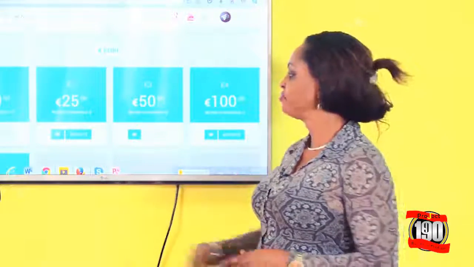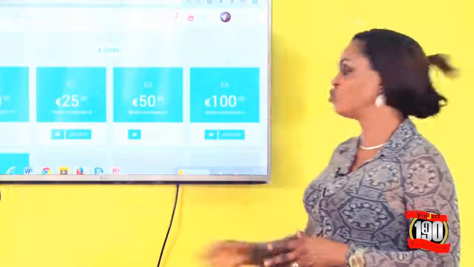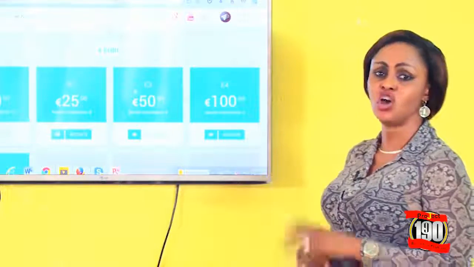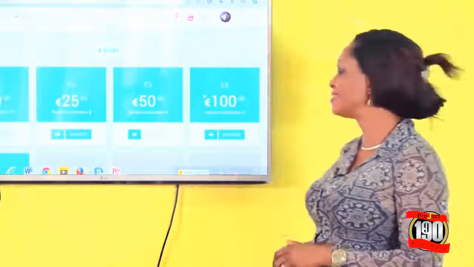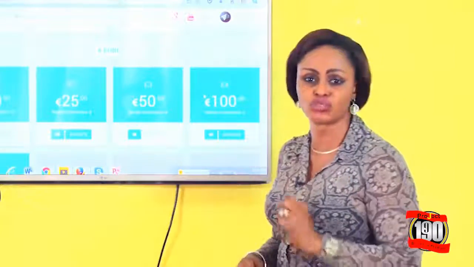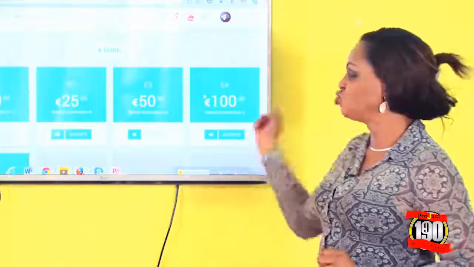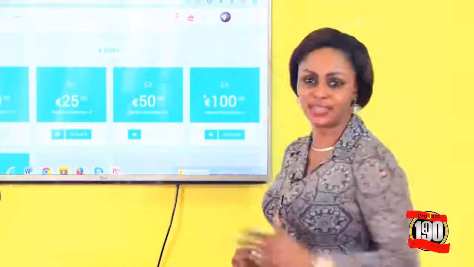Peradventure you're on the 10 euros package, and you want to activate your 100 euros package. All you need to do is to buy 100, 50 and 25 euros. That is 175 euros is what you need to pay for, and you will be activated and elevated to where